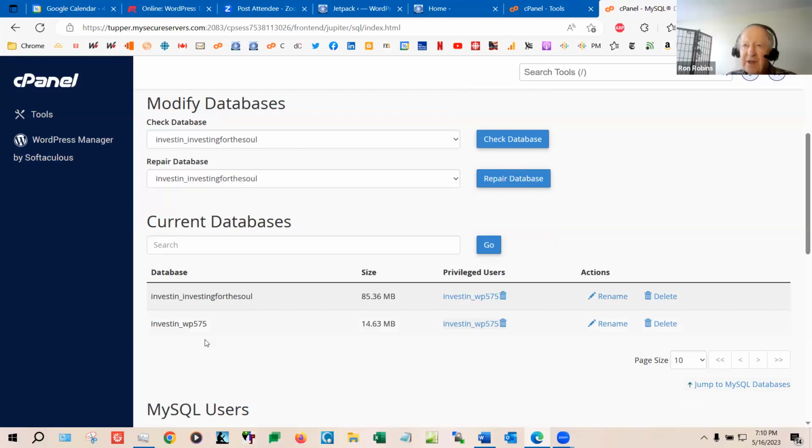Is there anything in terms of checking the database or repair database? I see that here. Is that any use? Well, there's no indication that there's a database problem. However, if you have a backup plugin that you trust that will back up the database, you might put that on your list as if all else fails.